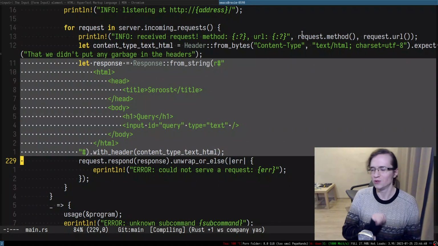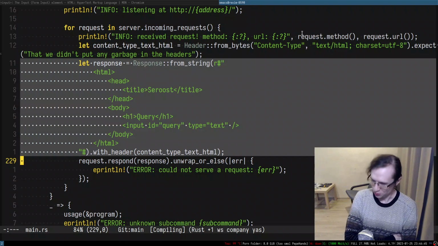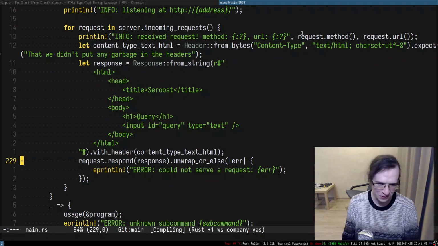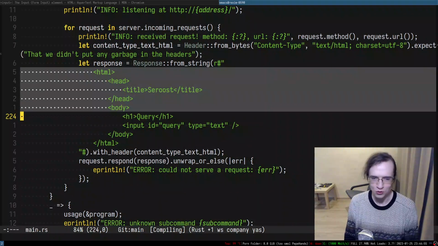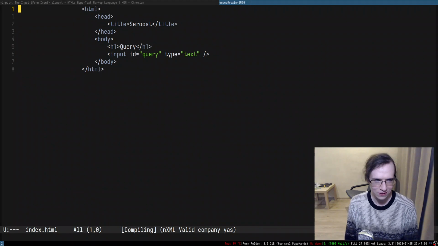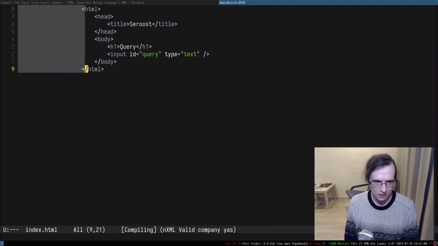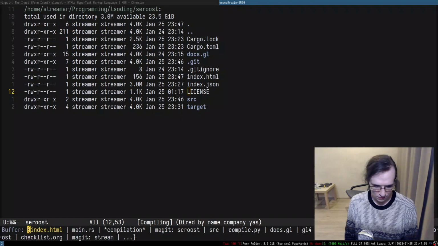So this is probably one of the reasons why you want to save it into a file, right? So this is one of the reasons why you probably want to have something like index.html, because it will make it just easier for you to edit this entire stuff. Right, so let's put it like this. And then,